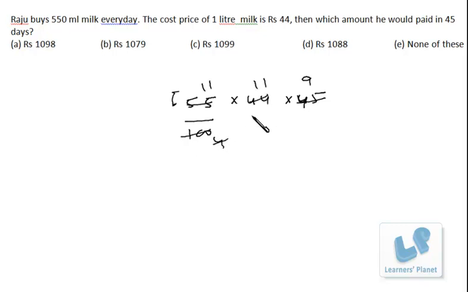Now your final answer is a multiple of 11, right? And the unit digit must be 9. Now none of the options are a multiple of 11. See, you must be clear about the divisibility test of 11. And initially I could have done that. Instead of removing the decimal, I can say that the quantity, that is 0.55 into 44 into 45, it is definitely a multiple of 11 and 9 both as well, right? Okay, so if in the first instance you get this, it will be really good.